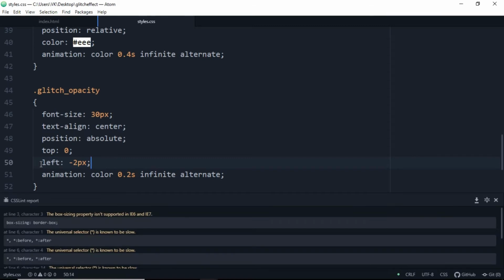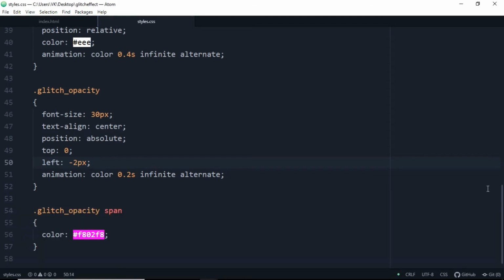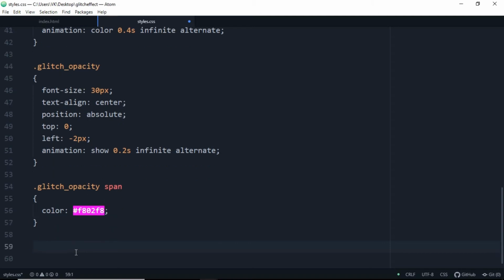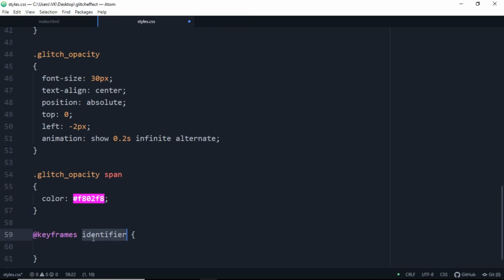Also you can remove this white color from here because we are targeting the span tag here. And just remove this and make this show. So it's fine I think. So hit enter and let's add keyframes here. The name of the keyframe should be show, which is the animation name here.